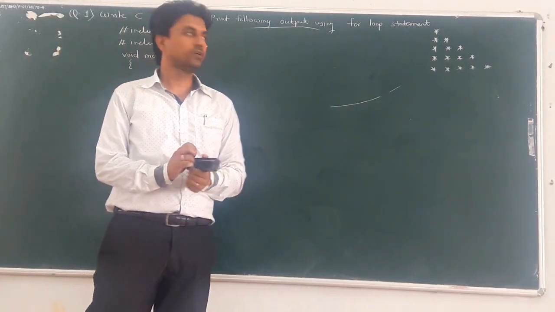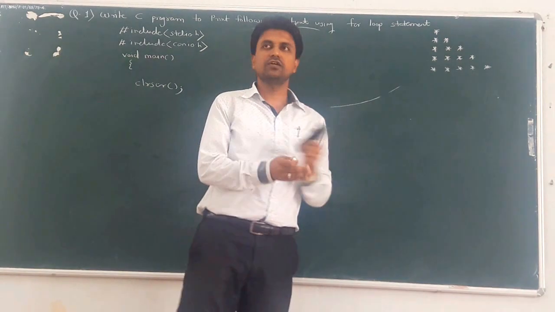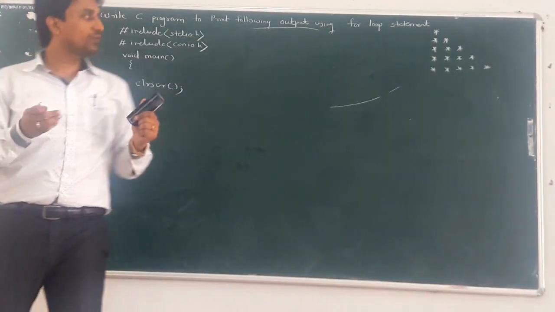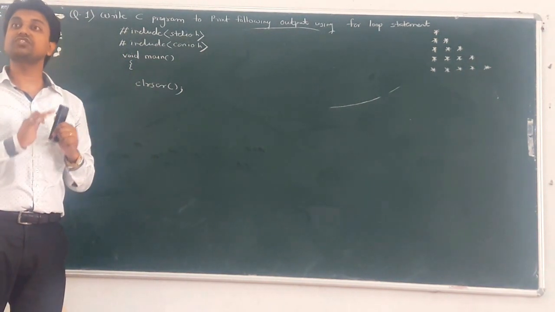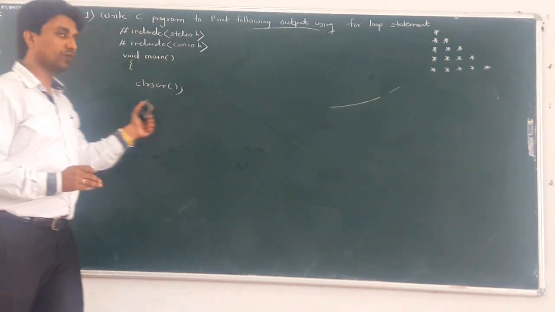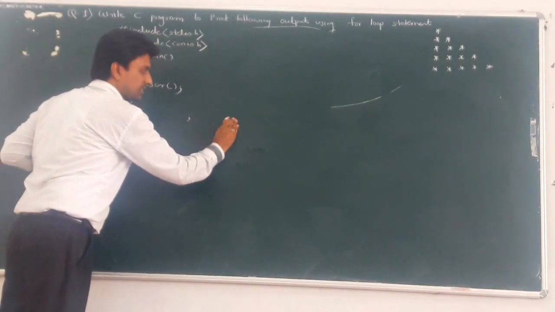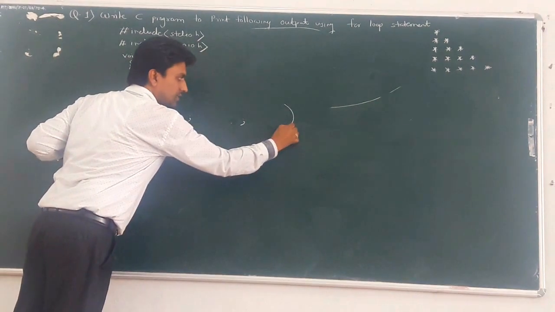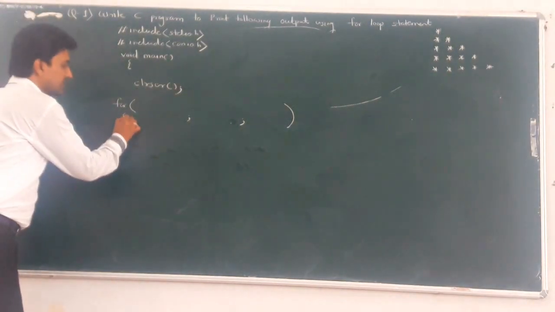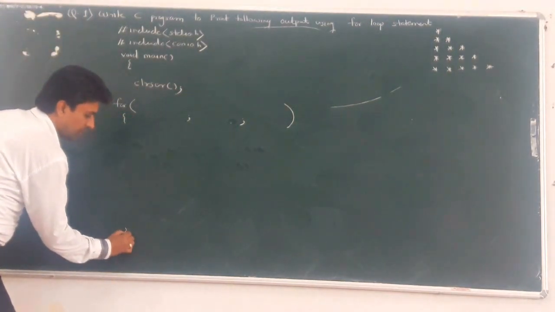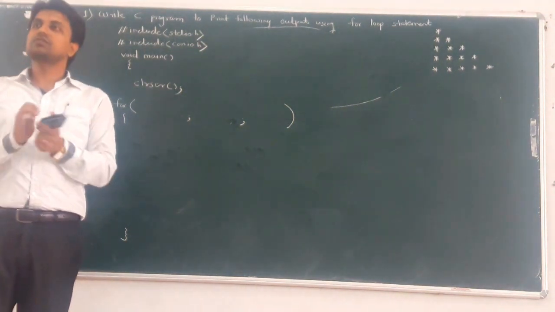Next, now we want to display output like this. So how to use a for loop for this purpose? First, create one structure. How do we solve the problem? First, write the syntax of the for loop. So what is the for loop? First is the initialization statement, then give a semicolon, then the conditional part. After that, give the reinitialization statement. So make the structure for that. Next, after that, curly bracket, the body of the for loop. Clear?